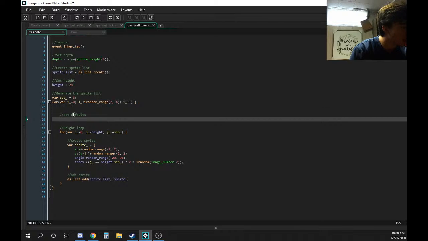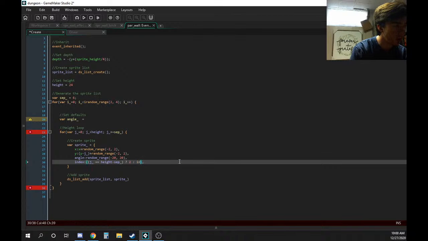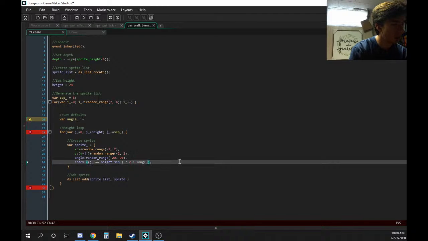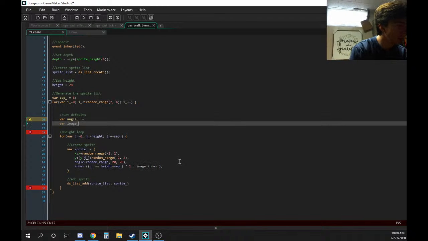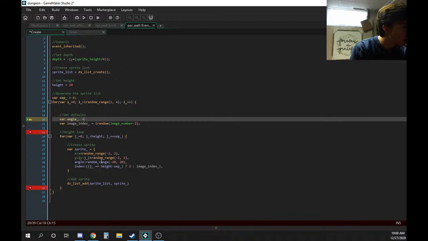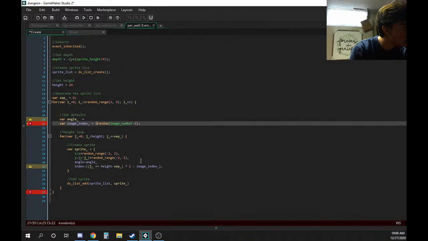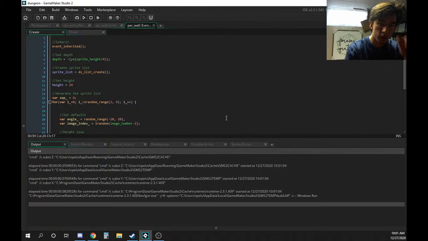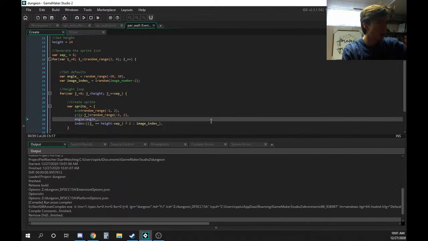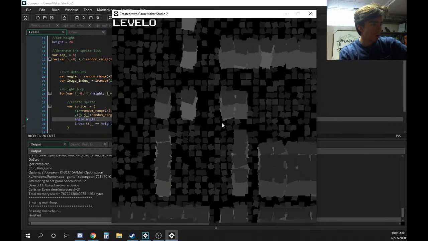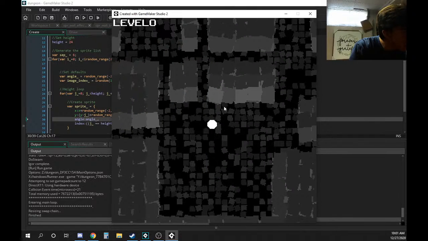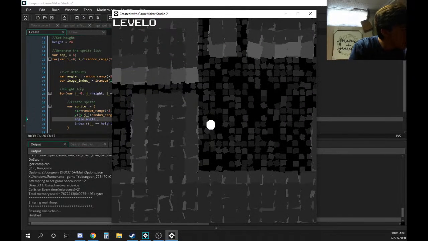Okay. Now we're going to say set defaults. And really all we have to default is the angle, right? Angle equals, and the index. Image index equals, bam. This equals angle. Okay. Hopefully this gives the effect that I wanted originally. Did that do it? It's hard to tell. I think that's correct. No, it's not really, because